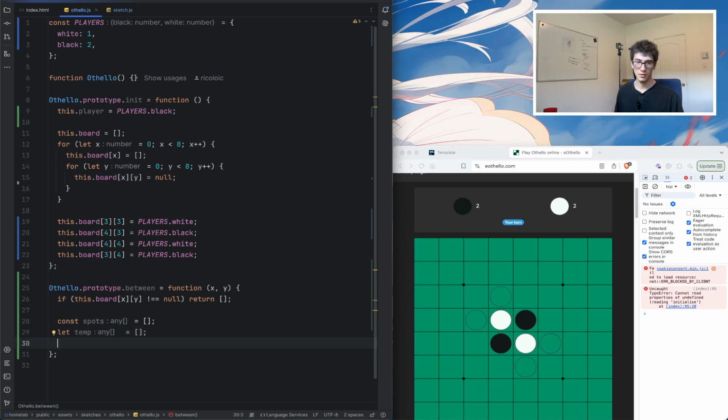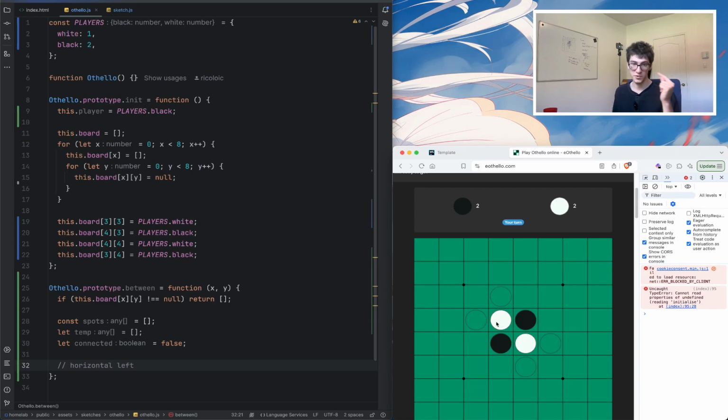Okay, and let connected equal false by default. So now let's do horizontal left, right. So let's say I were to click here, I need to check horizontally to the left, to the right. So I'll do right, sorry. We'll do left after. Okay, so I said while true,